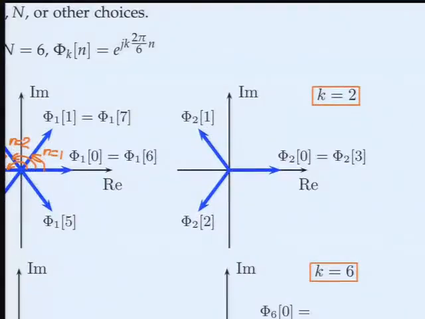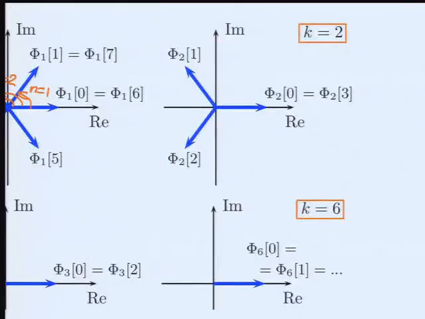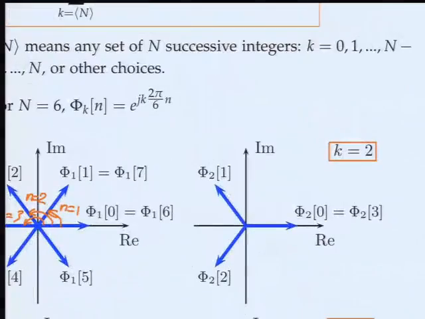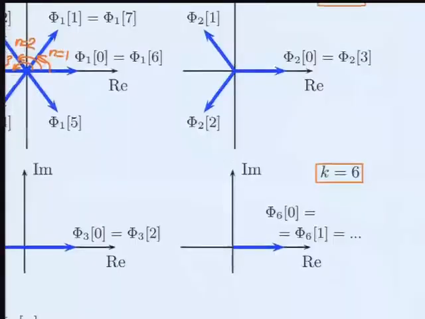By how many degrees am I advancing each time? K is 6, so k times 2 pi by 6 is 2 pi. So at each time, I'm going to rotate 360 degrees. That means I'm not really rotating, right? I'm just staying where I am. That's why this particular function, phi sub 6, is the same as phi sub 0. If I were to take k equal to 0 here, I would get a flat 1, e to the j0, which is always 1, no matter what little n is.